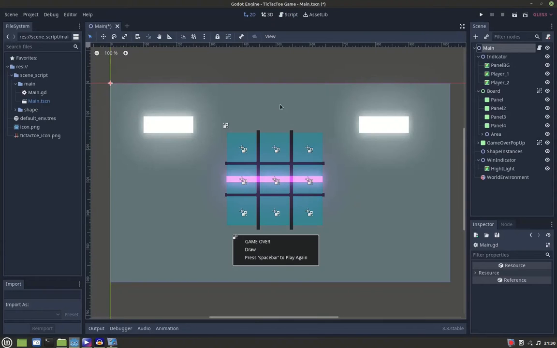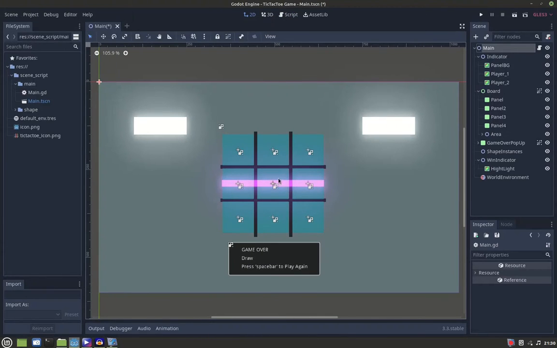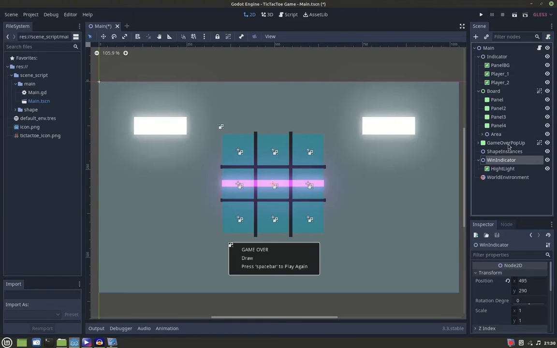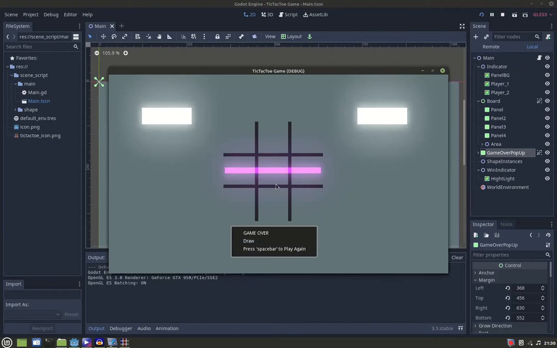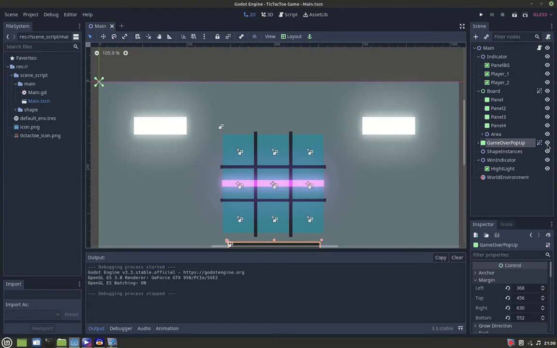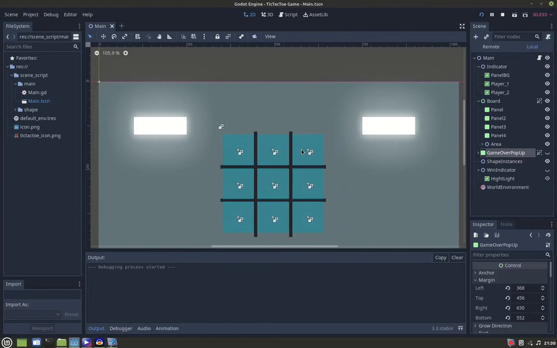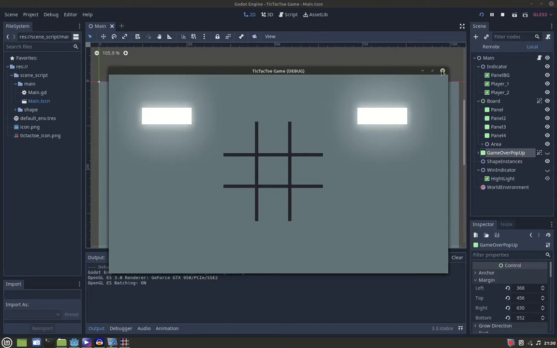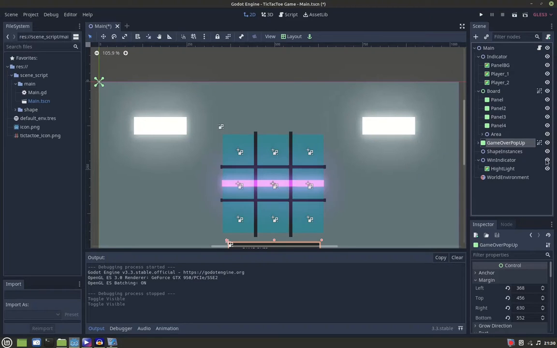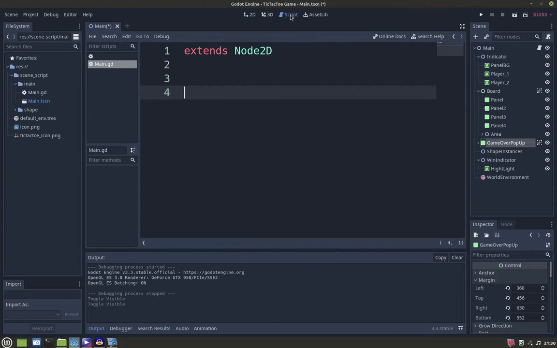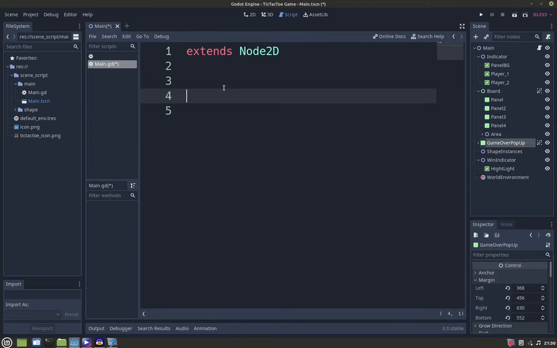Now then, what we are going to do first is we're going to hide the wind indicator and also the game over pop-up, so that it will not appear at the first, like this one. So in order to do that, we go to our script tab and then create a function called function ready. This is a built-in function,